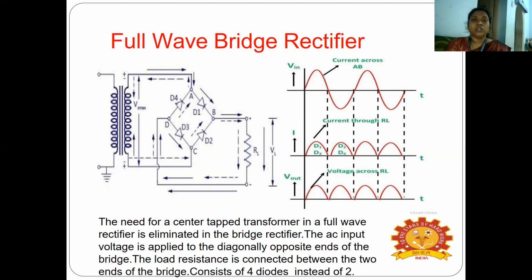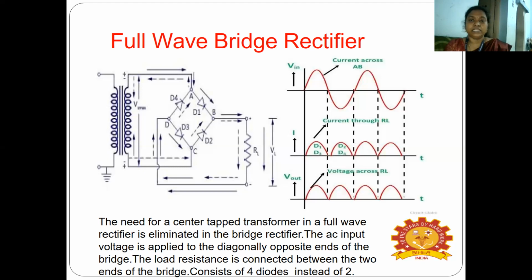So that is your bridge rectifier here, and the input voltage also we are going to note. When you come to the output waveform, you can see the input voltage, which is across AB. You are going to note V in, which is your input voltage. The input voltage is a full input signal, and there is the current through RL. And what about the output voltage you are getting?